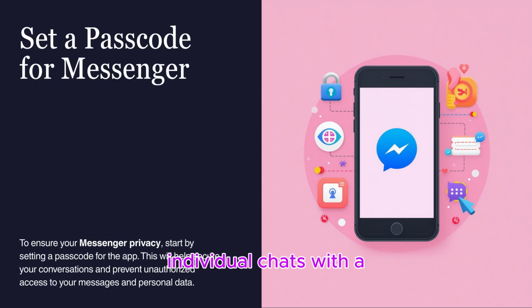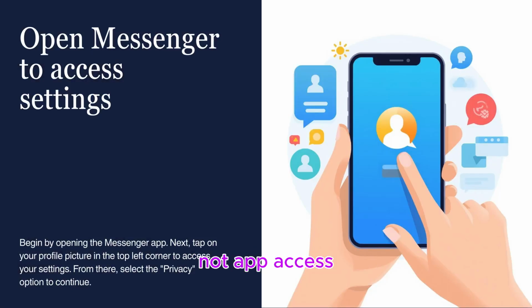You can also lock individual chats with a password using Messenger's secret conversations, but this is for encryption, not app access. For device-level security, use your phone's